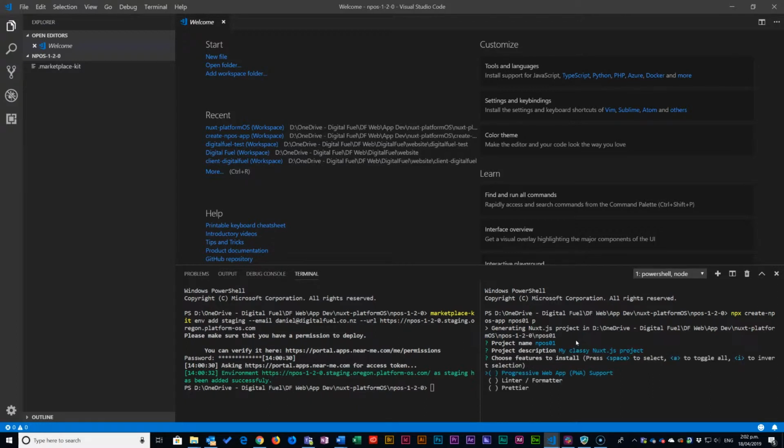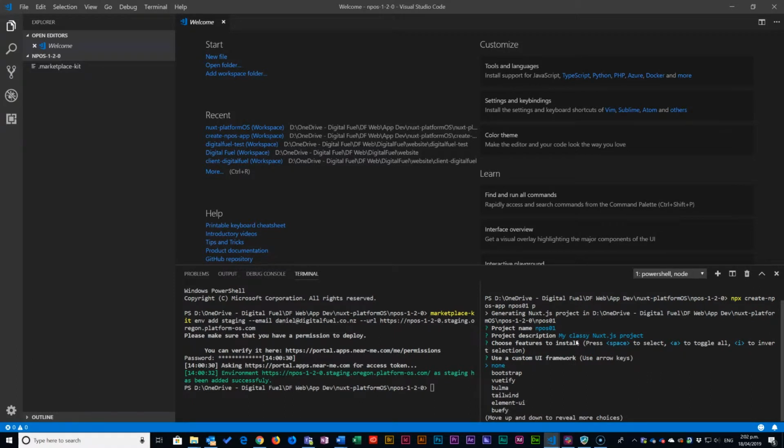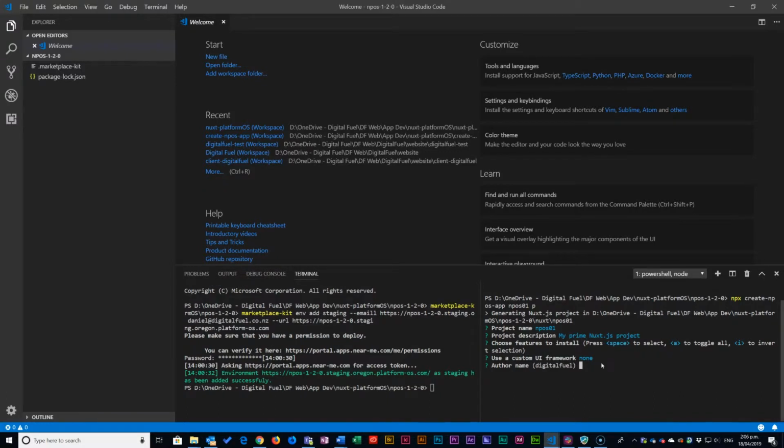Here we can choose to install features: progressive web app support, linter, formatter, prettier. We won't install any of those at this stage. Same with custom user interface. Framework, we could choose Bootstrap, Vuetify, and a few others there that you can see. We'll choose none for that there. Author, once again, I don't need to change that. We'll choose npm for the package manager,